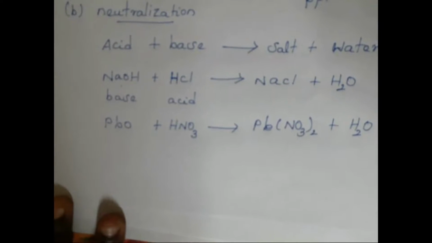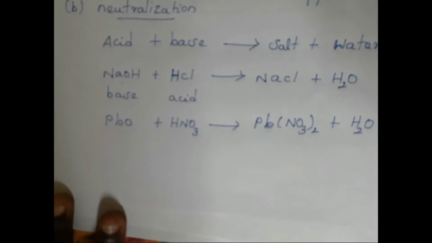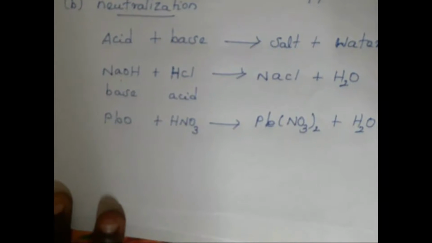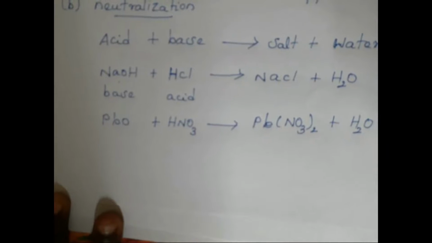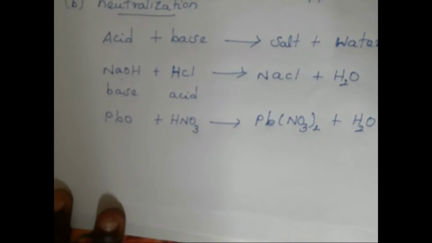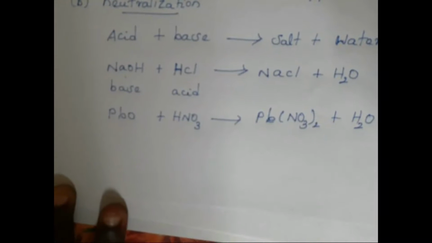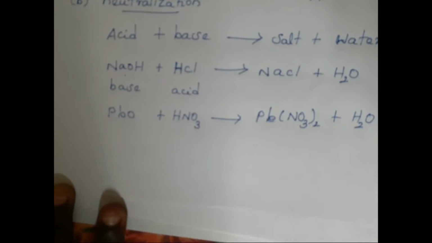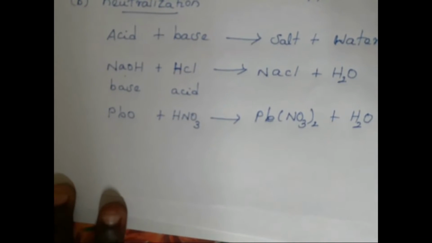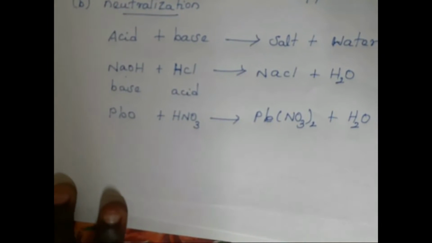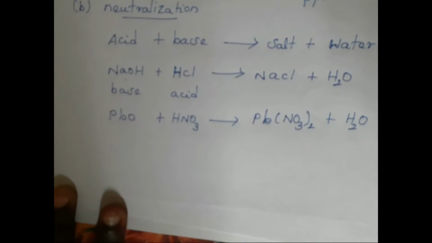Right? Can you give an example of such a neutralization reaction in real life? Yes. When someone is stung by a bee, formic acid enters into the skin. Am I right? Then you will get pain. What will your mom do? Your mom will wipe that spot with baking soda. Am I right? So baking soda is a base, whereas the bee injected formic acid, so it is an acid. In order to neutralize that, your mom is rubbing that particular spot with baking soda.